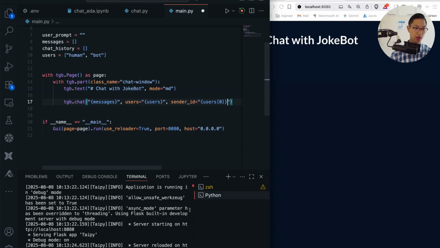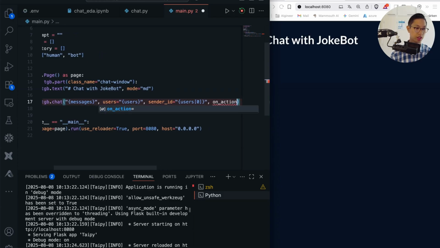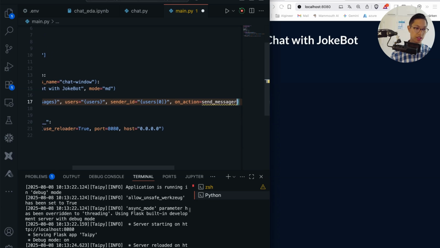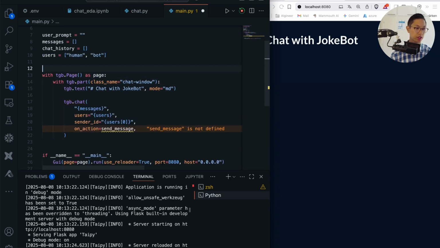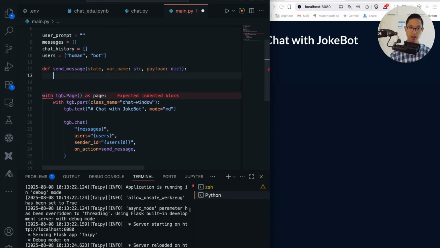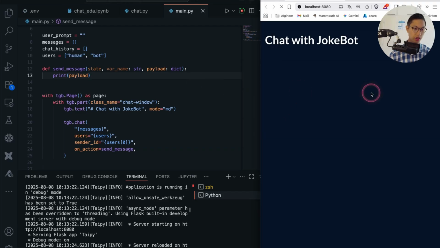Then you have an on_action equals send_message. This is a function that we will create. I'll create this send_message. It takes in a state. It will take in a variable name, string, and it will take in a payload that is a dictionary. This is important. Then I'll use print and I'll show you what the payload looks like, which is very important. If I restart this one,